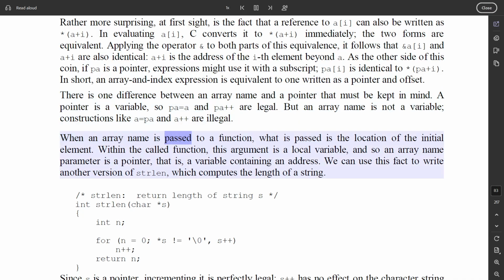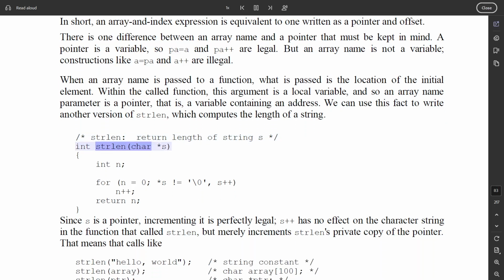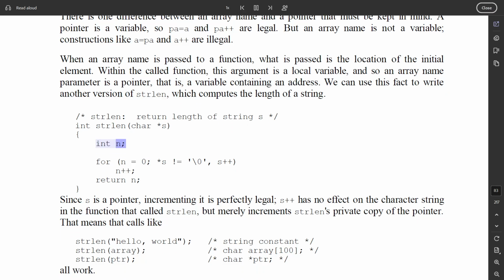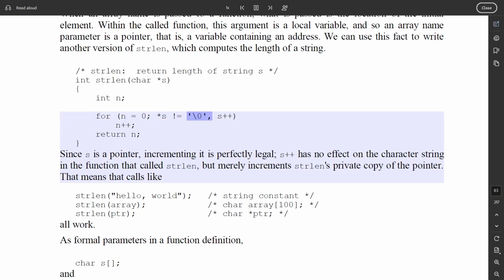When an array name is passed to a function, what is passed is the location of the initial element. Within the called function, this argument is a local variable, and so an array name parameter is a pointer, that is, a variable containing an address. We can use this fact to write another version of strlen, which computes the length of a string. /* strlen: return length of string s */ int strlen(char *s) { int n; for (n = 0; *s != '\0'; s++) n++; return n; }